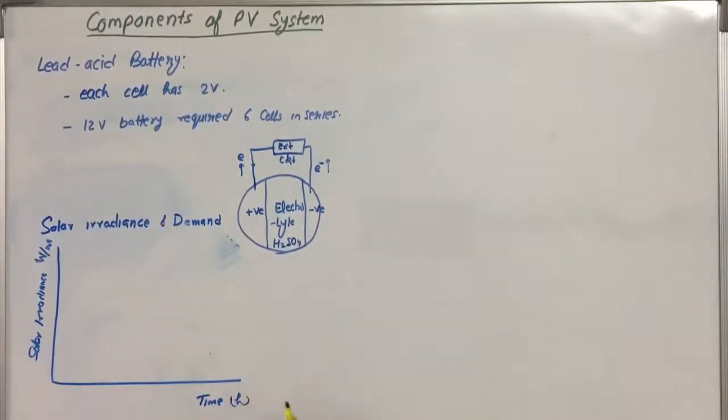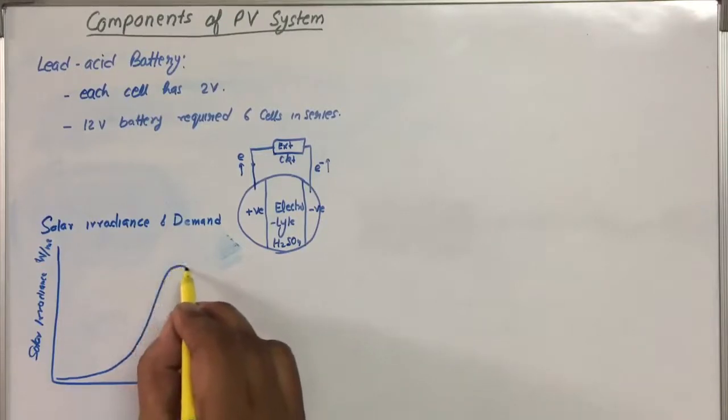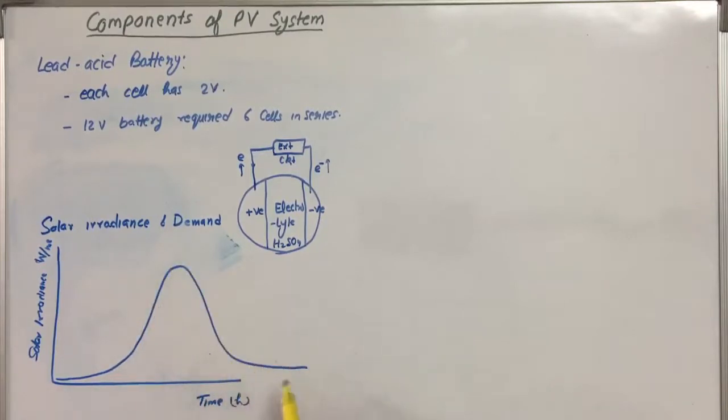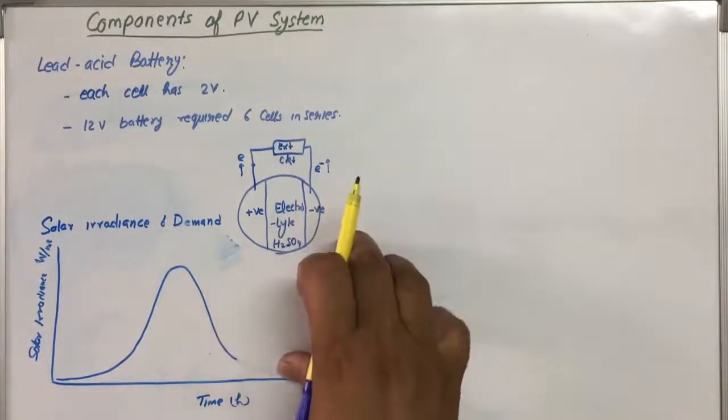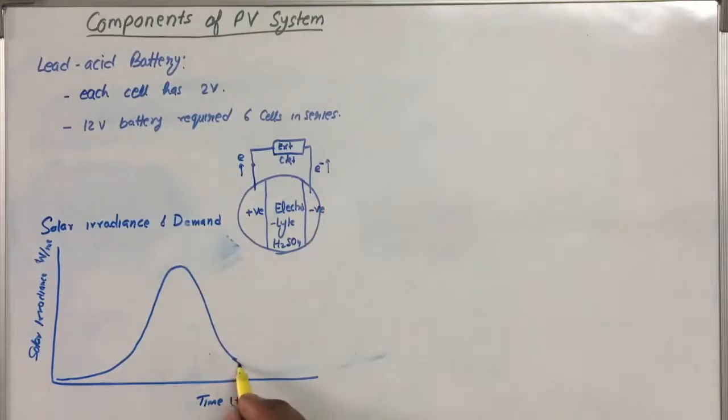If we plot the solar radiation energy, then we have this characteristic. It will be 0 in the night, it will be 0 here,